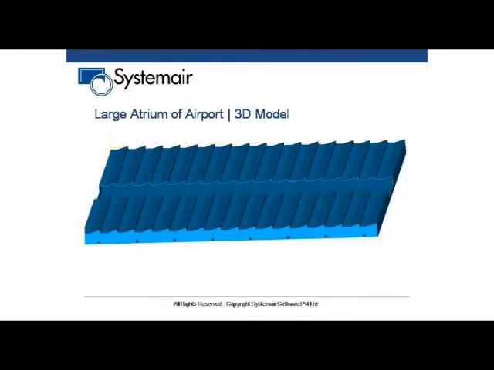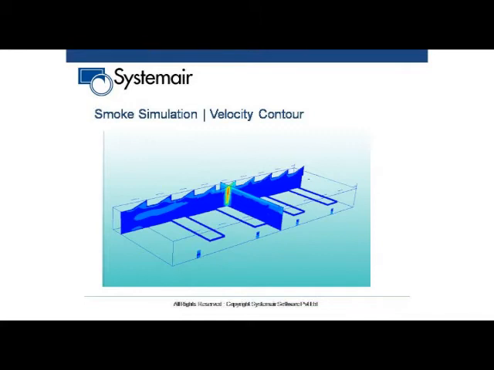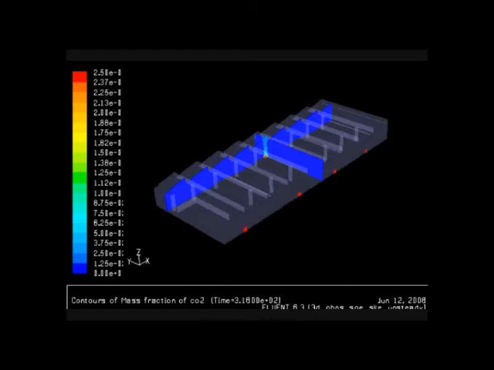This was the 3D model. Here you see the velocity contour, or how the velocity is moving due to this fire. This was a different software used, so it will show you a different visualization. This shows how the smoke is moving with respect to time. This is the concentration of smoke with respect to fresh air. The blue area you see has zero smoke, and the red area is completely filled with smoke, nothing but smoke. So here you see the smoke is coming down slowly.